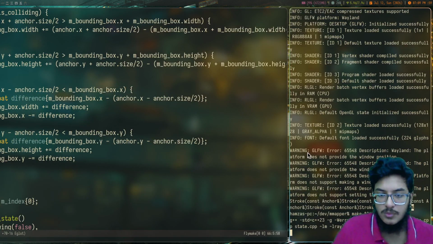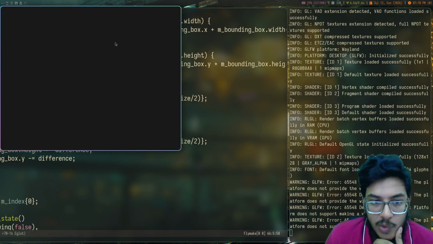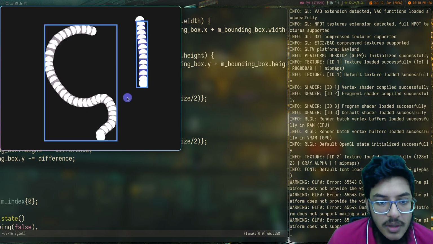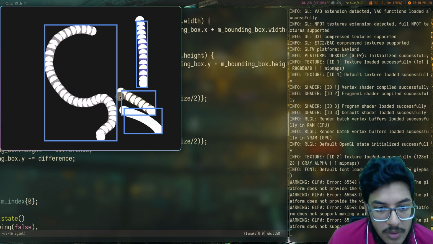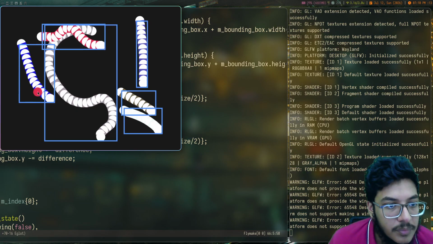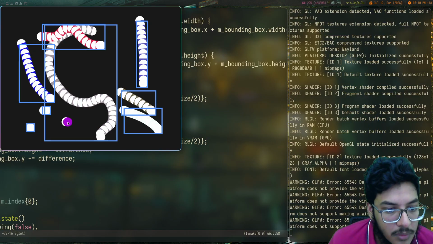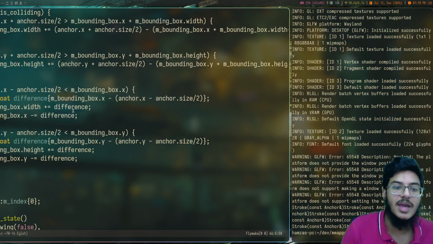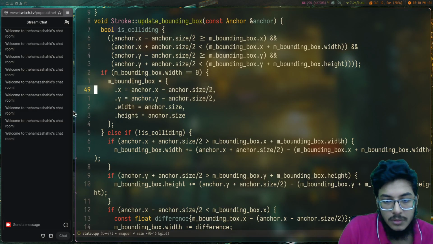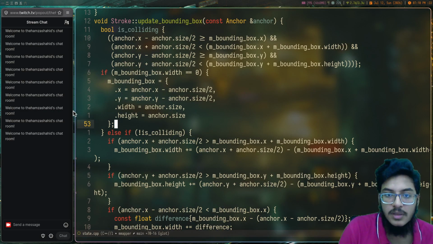So it's working, but the only problem now is that when you start, it chooses some weird point like that. Look at that. It's almost like it doesn't add the anchor point when it's starting. Anchor dot x minus anchor dot size. Okay, so